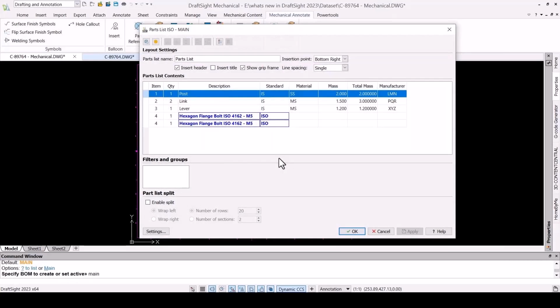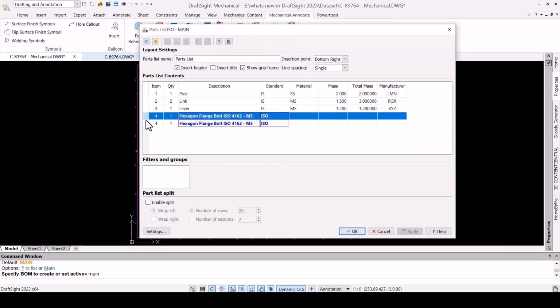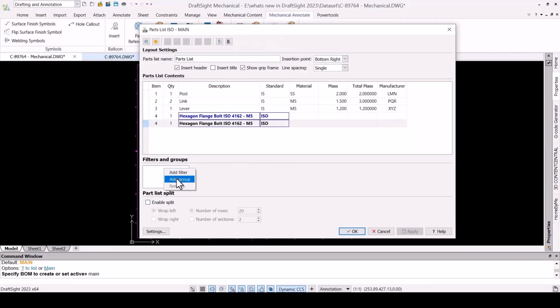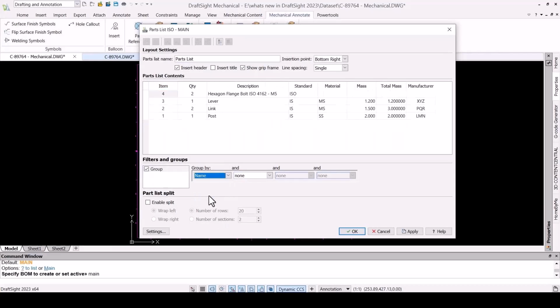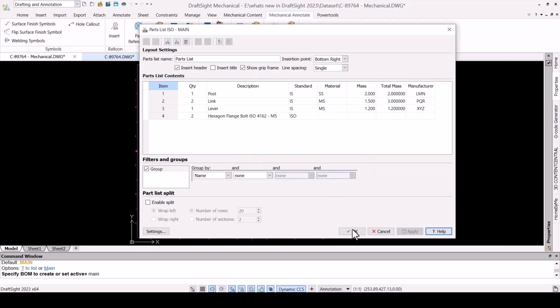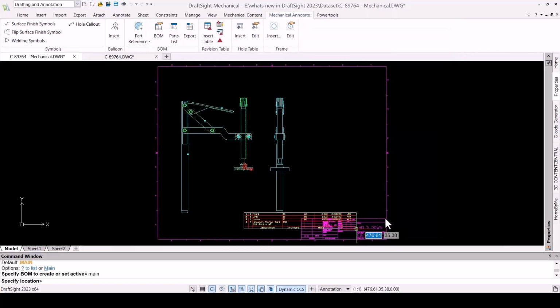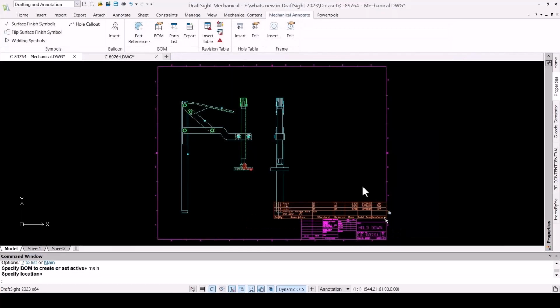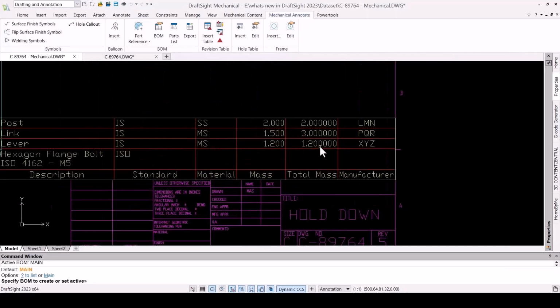So during the part list, I got to know that there are two identical components. I can go ahead and group those two identical components and make them one, so the quantity automatically becomes 2. I can sort those items ascending or descending as per my need. And once I am done with my part list the way I would like to customize it, I can then place the part list into the drawing,